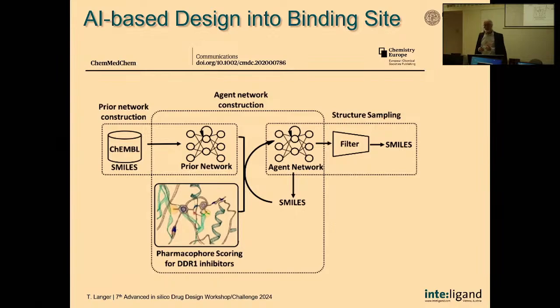And these people took a structure-based pharmacophore as the scoring function and gave a high score to molecules that would fit nicely to this model. So what happens after a while, after several epochs, is that your scoring goes up, because the system has learned what kind of molecules will fit this pharmacophore model. And then they generated several thousand molecules, stopped, and then they did a binding affinity ranking, also using